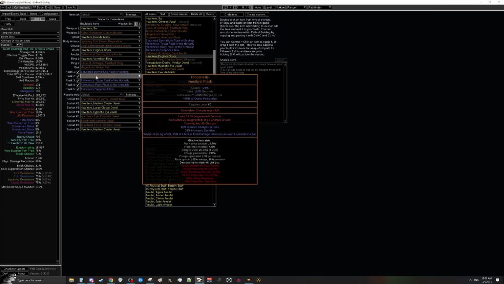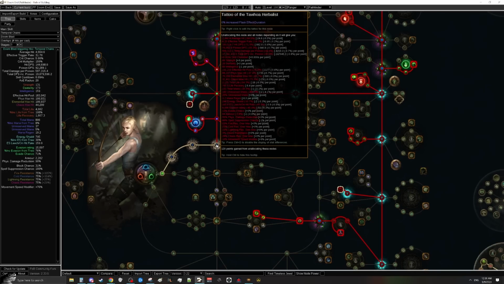And when your Progenesis isn't active, you are substantially squishier. Now, this is completely fine, and you don't need to fix this immediately. It's just something you want to be aware of, as you will want to eventually have perfect 100% uptime on it. The easiest way for us to do that is to, one, get a good roll on it, two, put a 20% quality on the Progenesis through Hillock, and then three, add in flask effect duration tattoos until